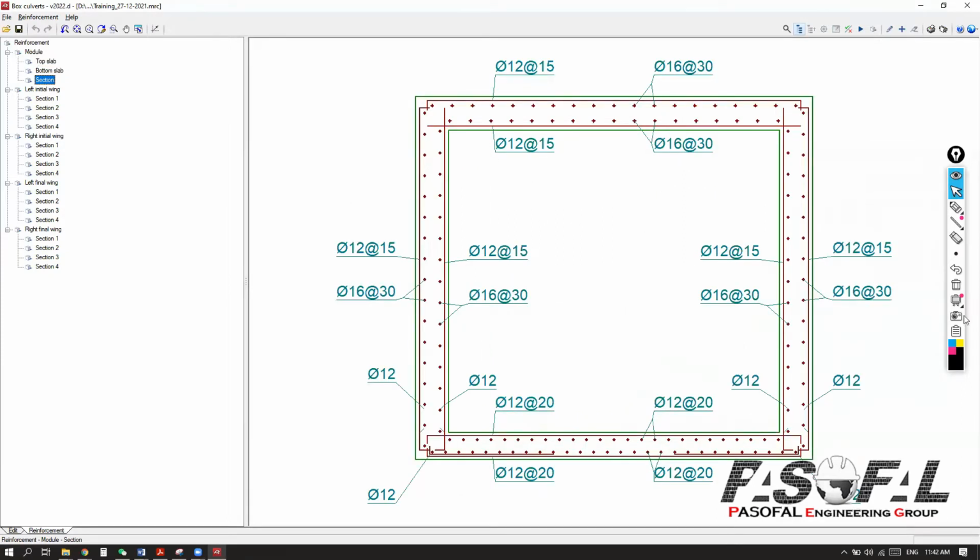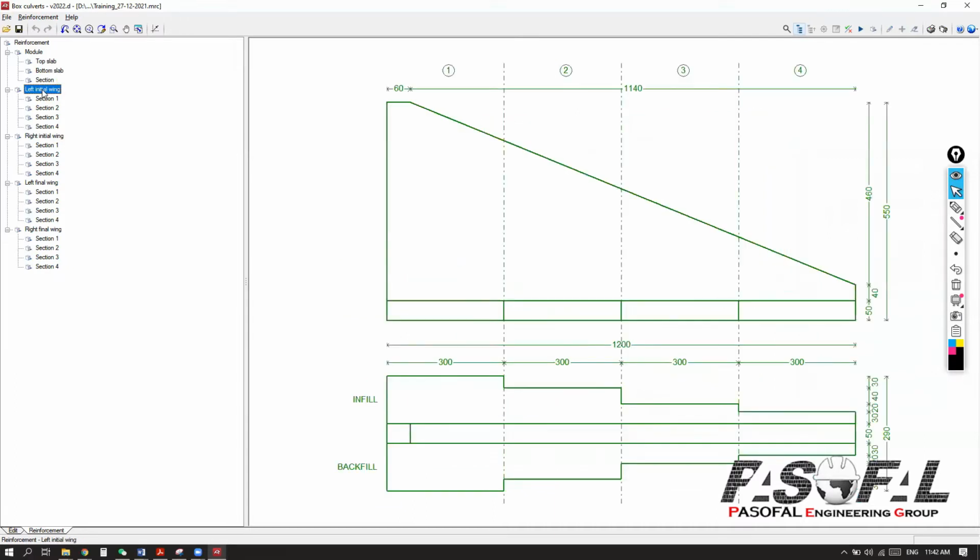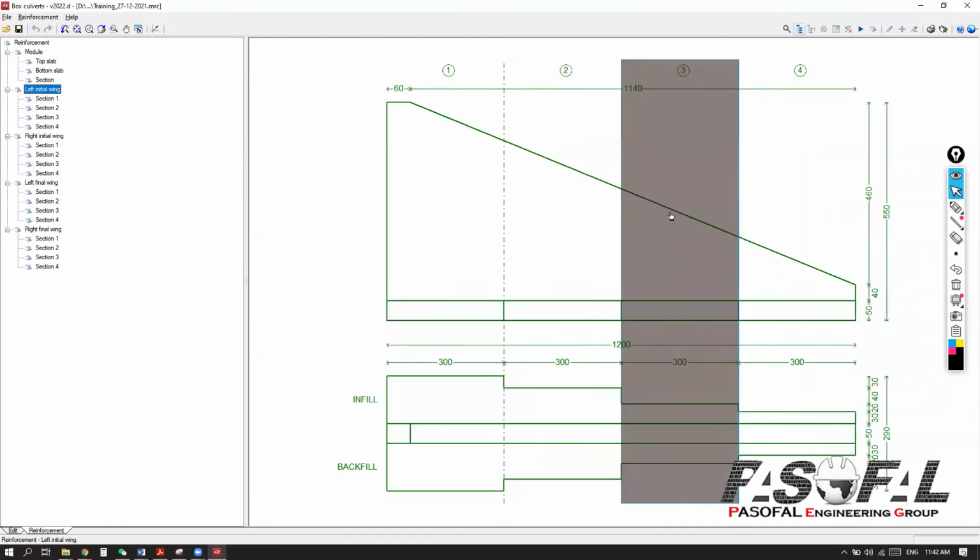Again, for the section, you can edit the reinforcement as you wish. And then here I have the other options for left infill, initial wing, right initial wing, left final wing, and also right final wing. So it is for wing walls. For example, if I go to left infill wall, here I have this, and the software